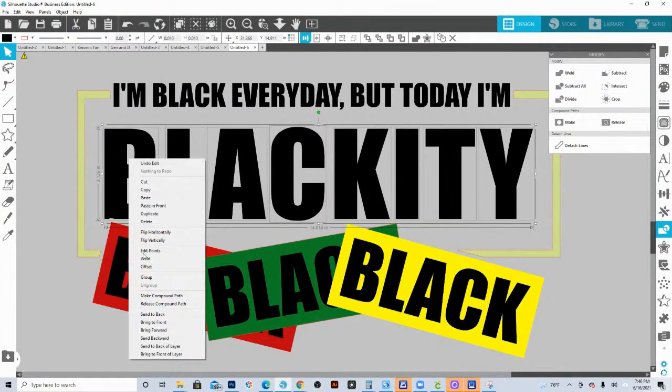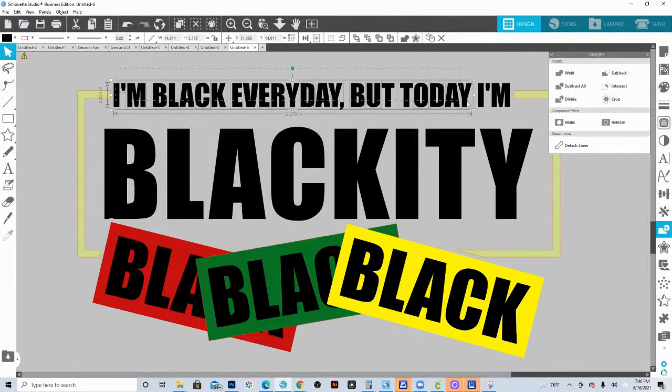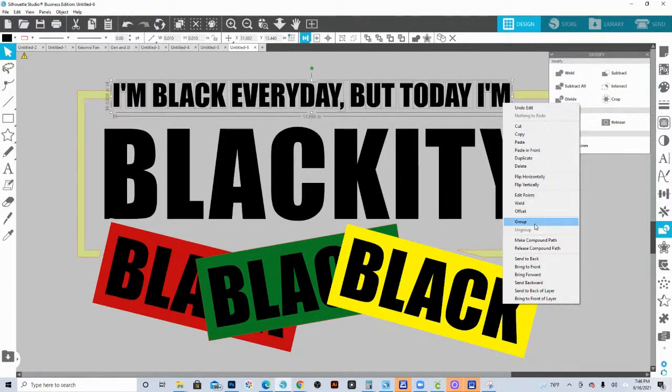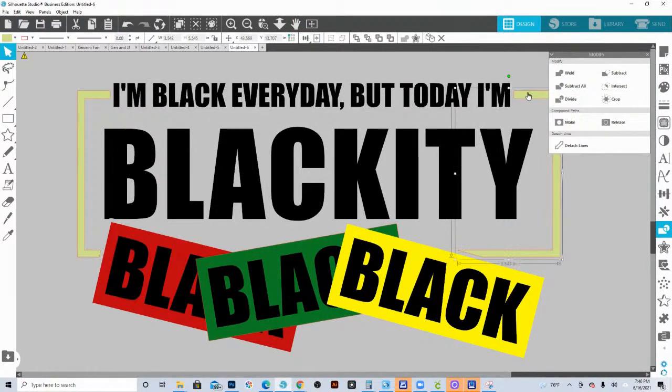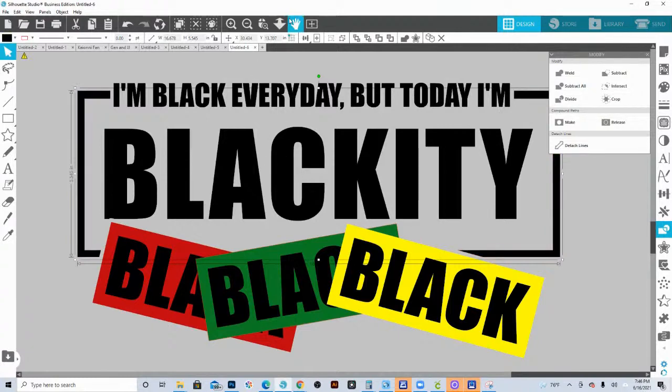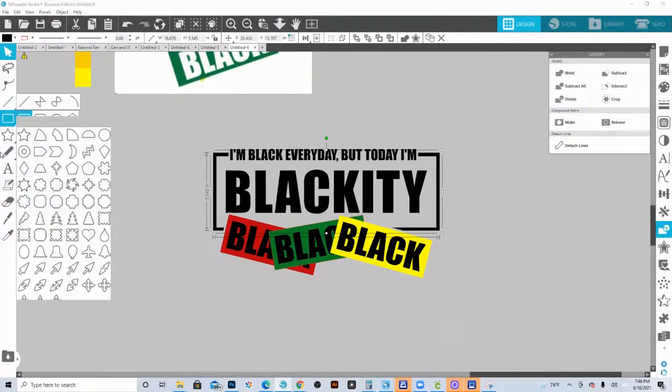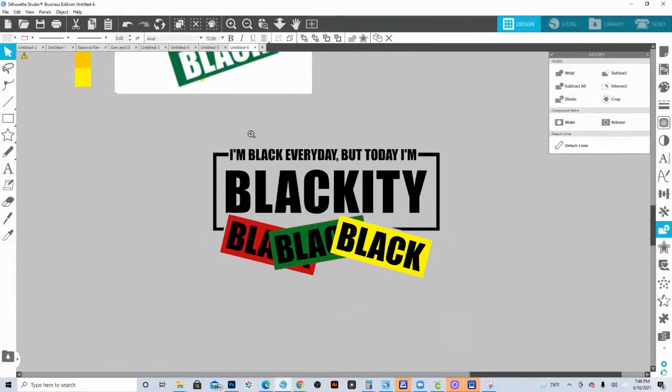And because I had that group together, I now have to regroup this part. Here, we're going to hold down Shift, group those, and fill it with color. There we go. And then for the top portion, we're going to type out